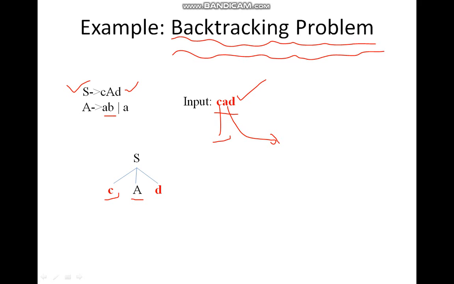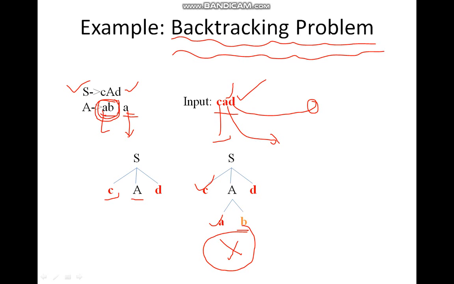Now A can generate ab and a. So if we opt for ab, because in this type of parser the compiler can see only one terminal, the starting terminal of the alternative. So here is a, here is a. If the compiler opts for this alternative, what would happen? Now you want to match a. c has been matched and again a would be matched. Now the input pointer will point to d. But here we have b, so here parsing failed because we cannot generate string cad, because we are generating string cabd, that is not cad.